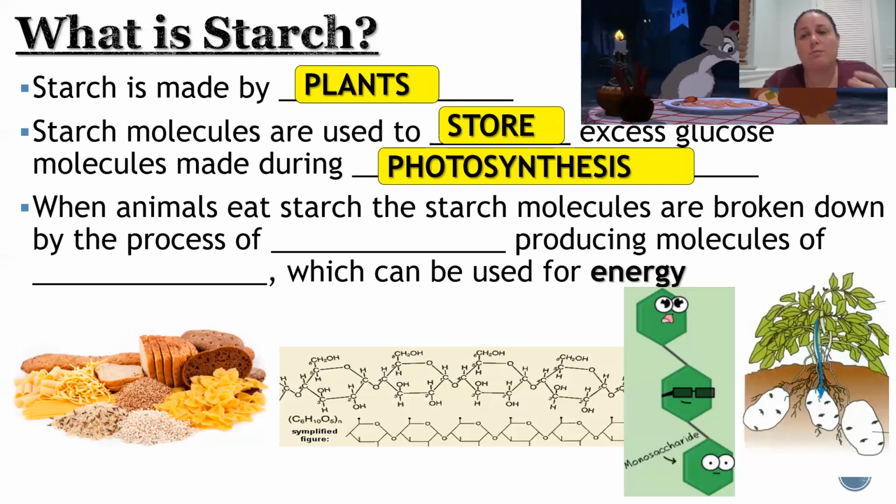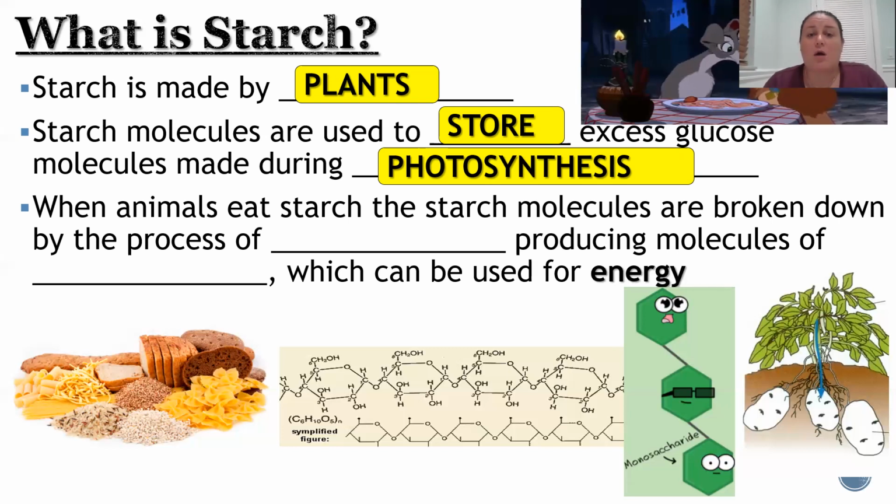of glucose. The problem with having all of these random glucose molecules all around is it's not really an efficient way to store them. And by bonding them together in a polysaccharide, it's going to make a compact way to store all of that extra food that you can use for later, because you have to use that food as an energy source to do all the things that plants need to do to keep themselves